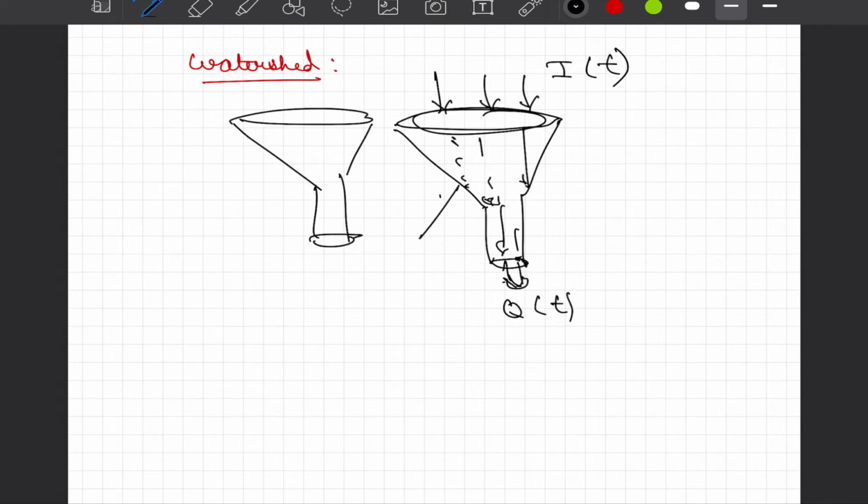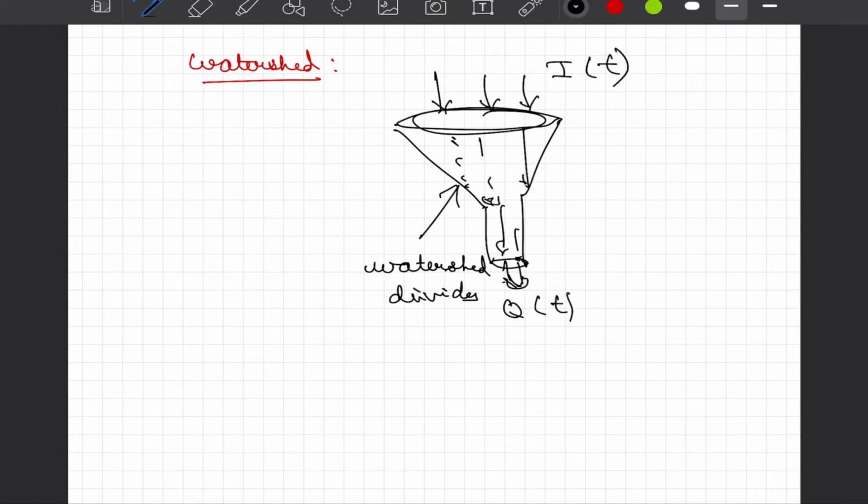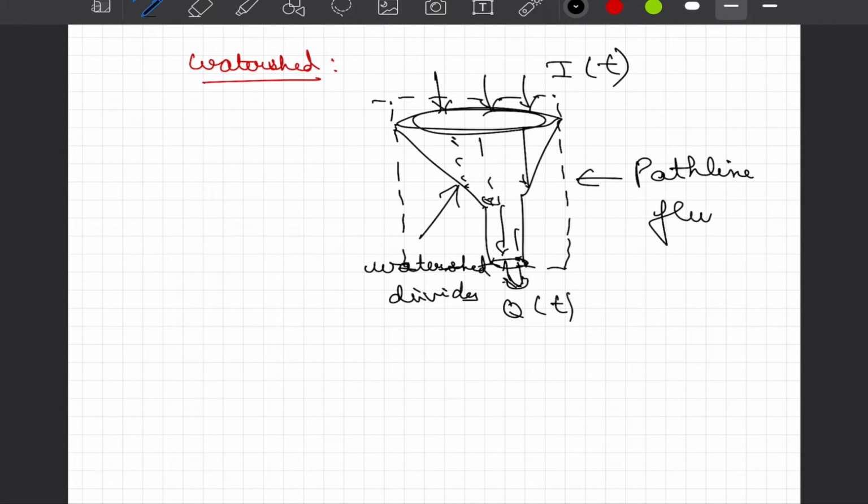So these watersheds are going to have watershed lines, which we call watershed divides. That means everything falling within that divide belongs to that watershed, and everything falling outside that divide belongs to another watershed. Now, if we have to put a boundary, we should put it in a way that all the influxes and outfluxes are accounted for. So we will choose the boundary strictly in a way that we are not missing any path from where we could have possible fluxes of water, air, and energy that we just mentioned.